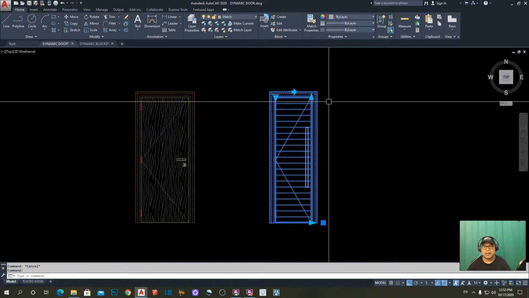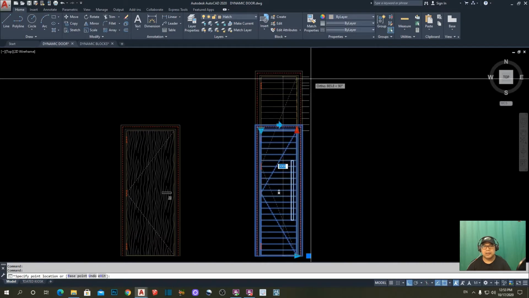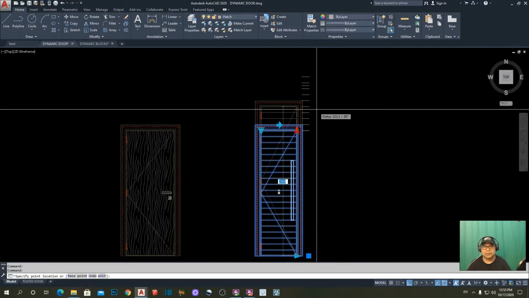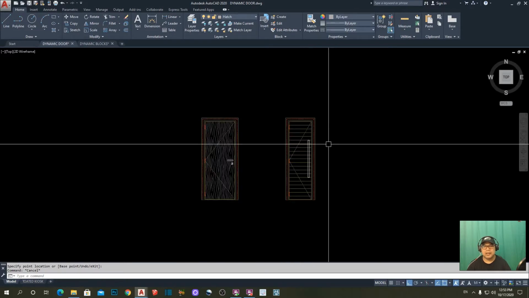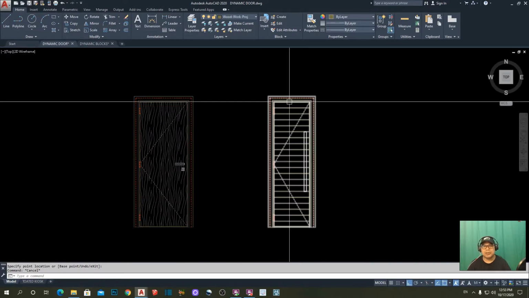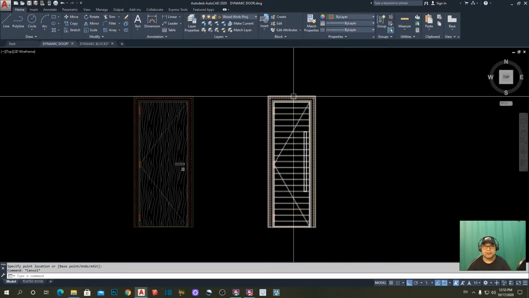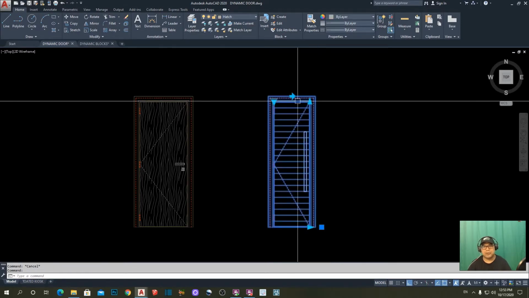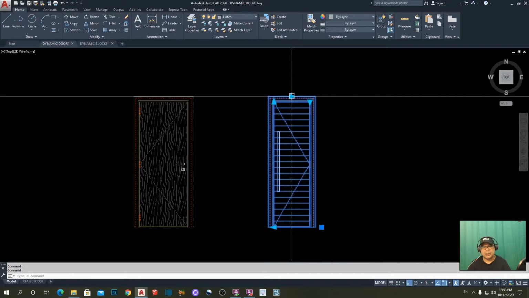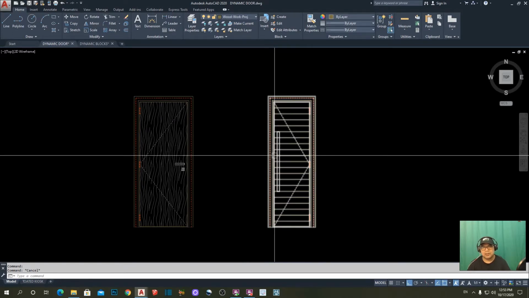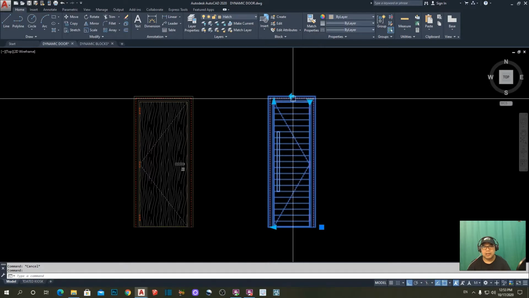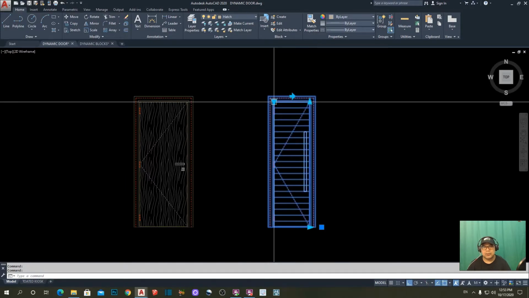Then I can also increase the height of my door, up to here. Then I can flip the orientation of my door from right opening to left opening. You notice that the handle is now in the left position,